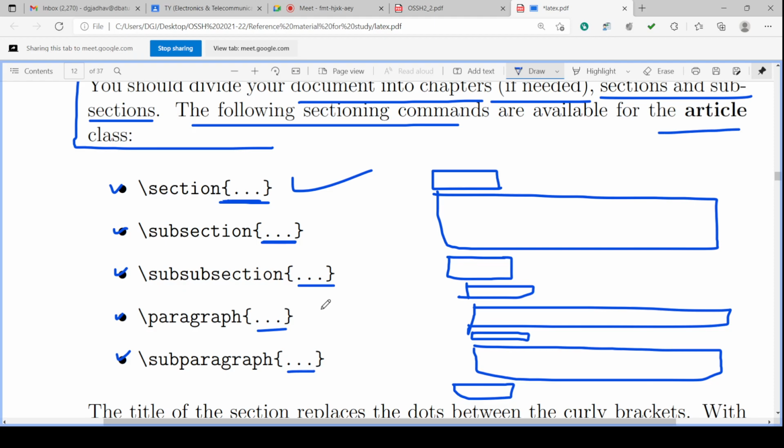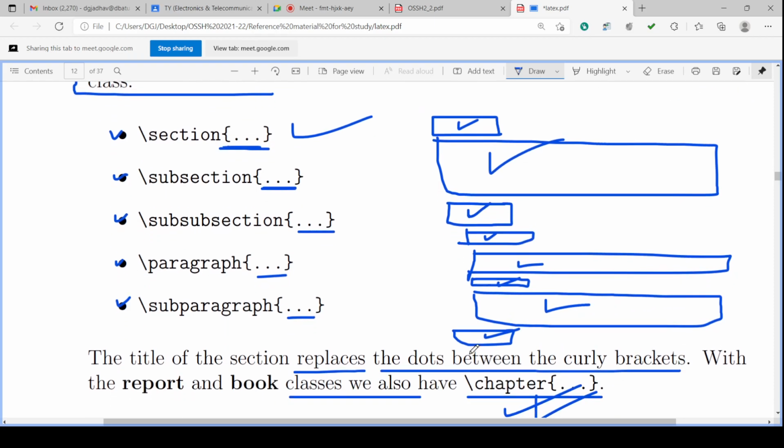So exactly what is done in the next example. There will be a section, the text of that section, then a section, a subsection, the text of that subsection, again a subsection, the text of the subsection, and a section, and then the text of the section. Exactly the same is done.